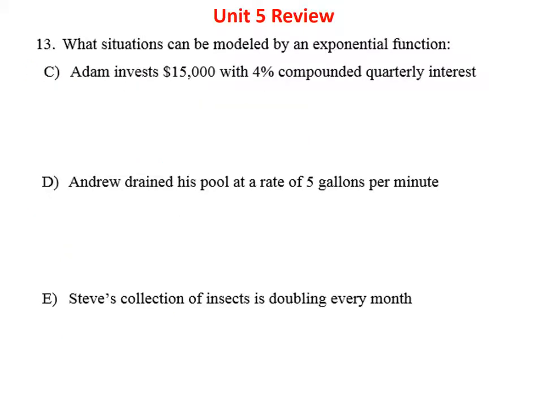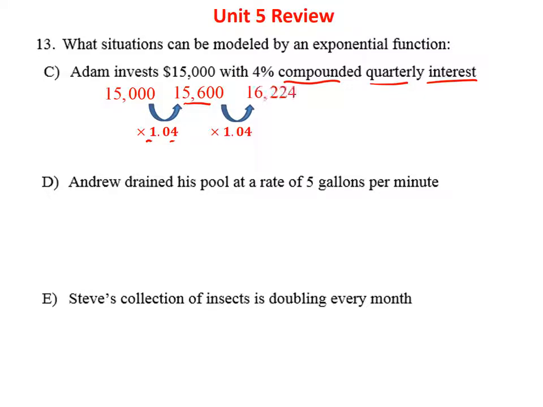In problem C, we also have an interest problem, but this time it's compounded. It's compounded quarterly, which means every 3 months they figure the interest and add it to the balance. So in the first case, he starts with $15,000, but then after a quarter, they add the interest. So it's the original $15,000 plus 4%, and so now after 3 months, he's going to owe $15,600. Now, after 3 more months, he'll owe another 4%, but this time the 4% will be based upon what he owed at the quarter. So we have the whole amount times that, and we end up with $16,224,